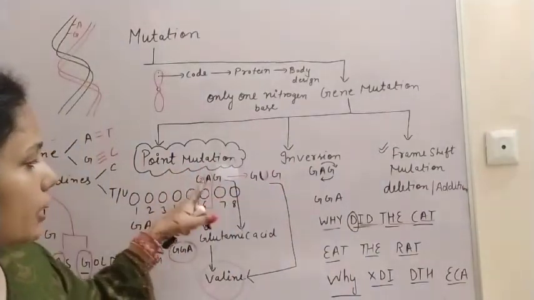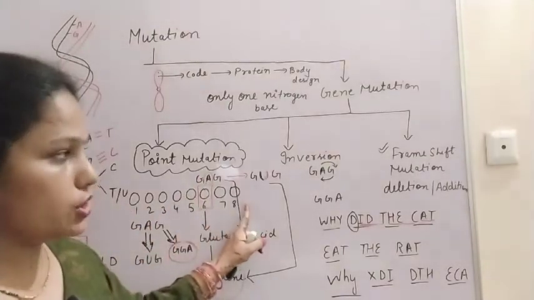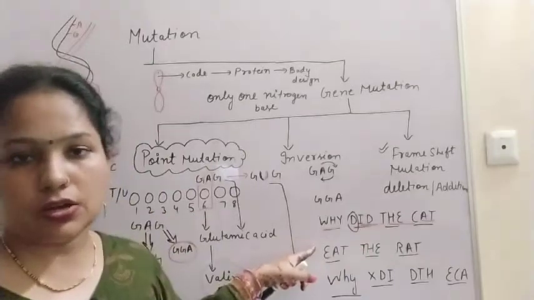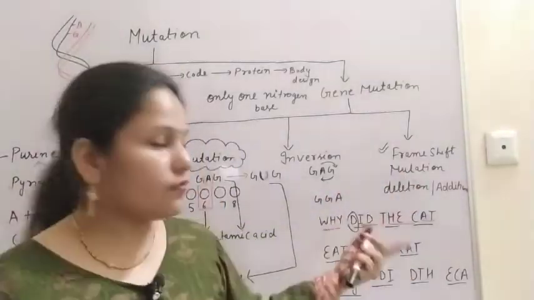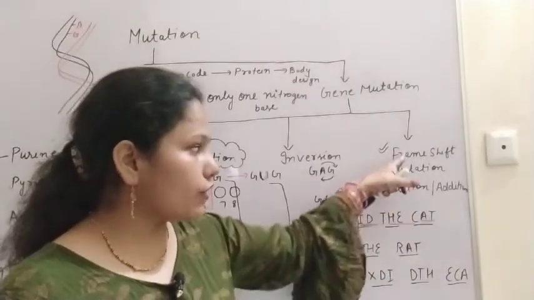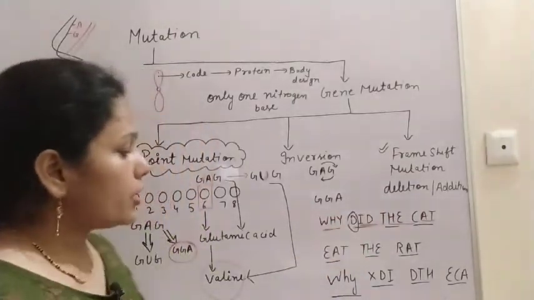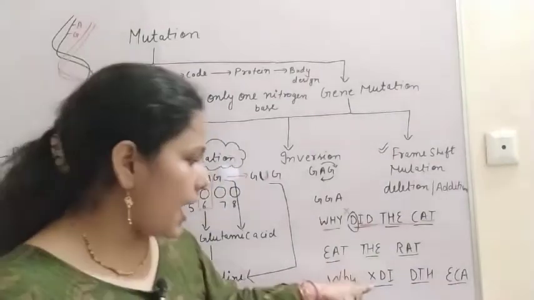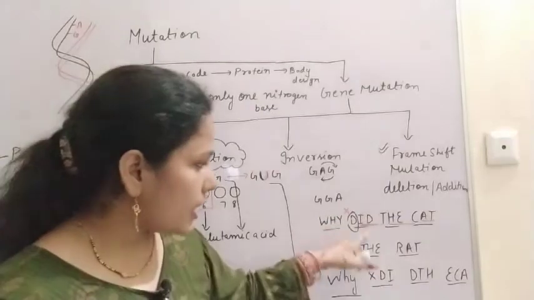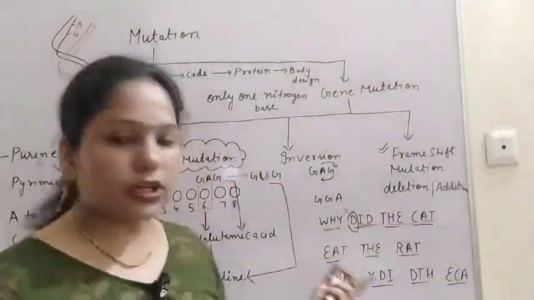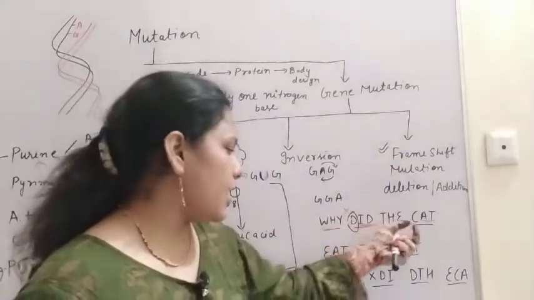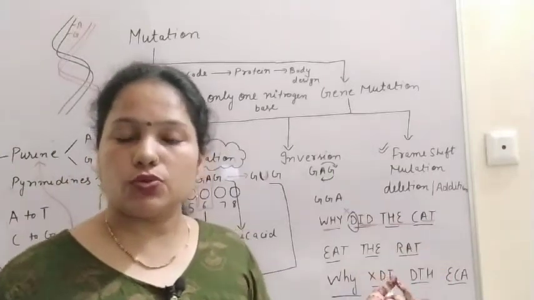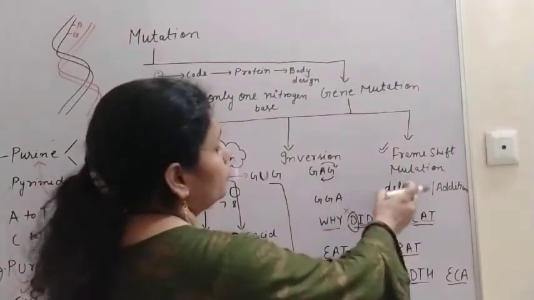इन्वर्जन में और पॉइंट म्यूटेशन में हमने देखा कि यहाँ पर चेंज होगा, उससे आगे और उससे पीछे कोई चेंज नहीं होगा। बट फ्रेम शिफ्ट म्यूटेशन में अगर एक बेस पेयर का चेंज होगा तो वो पूरे फ्रेम को अफेक्ट करेगा, सो दैट इट इज़ नोन एज फ्रेम शिफ्ट म्यूटेशन। इफ एनीथिंग इज डिलीटेड then that is the example of frame shift deletion, like if I am removing this D, or if addition is there, if I am adding X here, so now the sequence will be Y X D I, because here X is added, then D T H E C A. So जो totally जो meaning है, starting में हमने बोला कि why did the कैट ईट द रैट, बट हमने कुछ डिलीट किया या कुछ हमने ऐड किया तो पूरा फ्रेम जो है वो चेंज हो गया और उसका जो मीनिंग है वो भी चेंज हो गया। सो दैट इज़ द फ्रेम शिफ्ट म्यूटेशन.